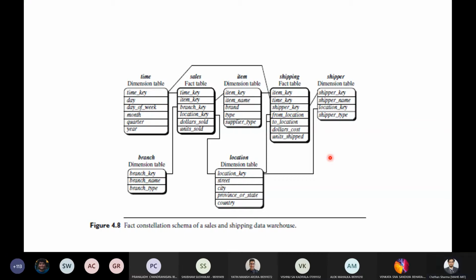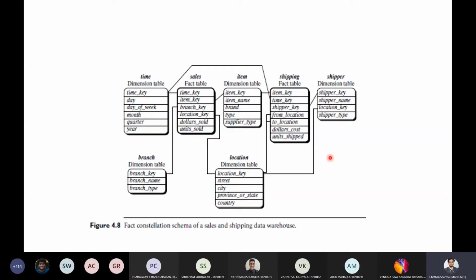To achieve something like this, we can use the fact constellation schema. This kind of schema, you can view it as a collection of star schemas. So this particular schema is named fact constellation or galaxy schema.